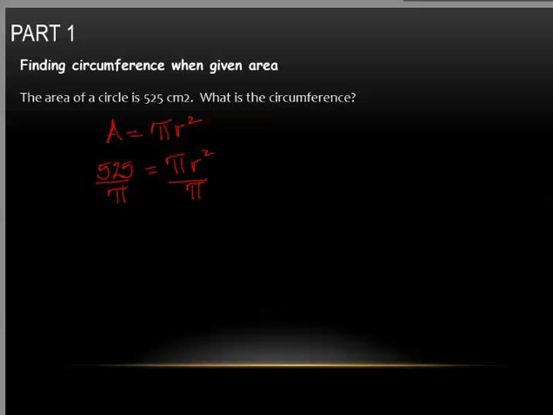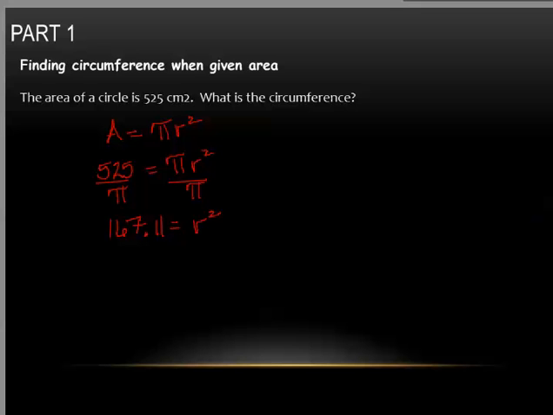And I do the same thing in my calculator. I just key in 525 divided by, and then I push that second key and the pi sign. And I get, it doesn't tell me where to round or anything. Usually if it doesn't tell me what to round to, I just round to the hundredth place, which is the second decimal. So I'm going to have 167.11